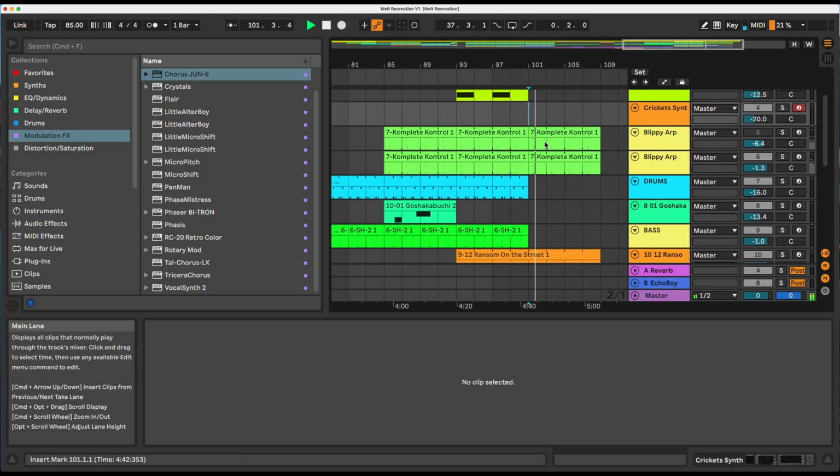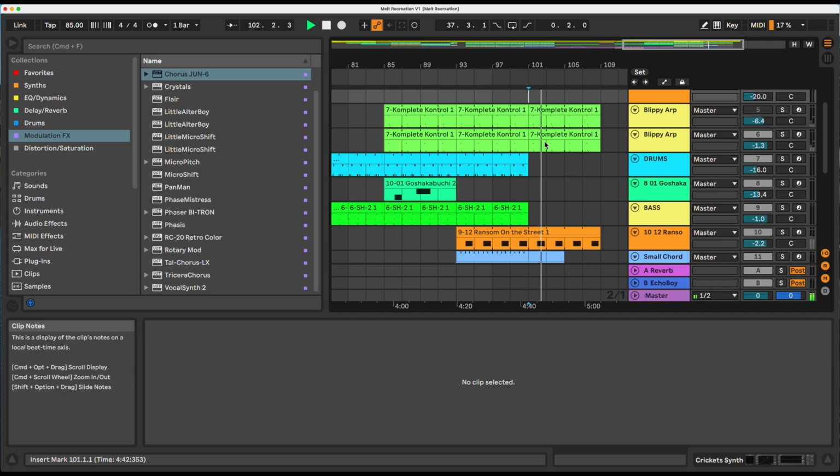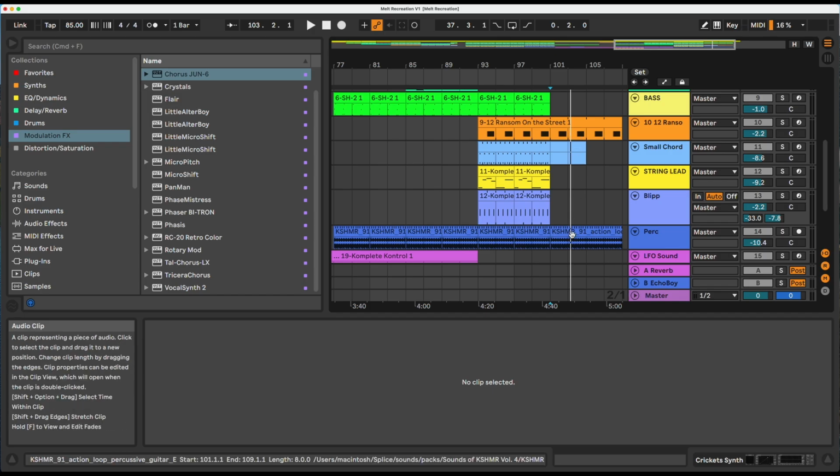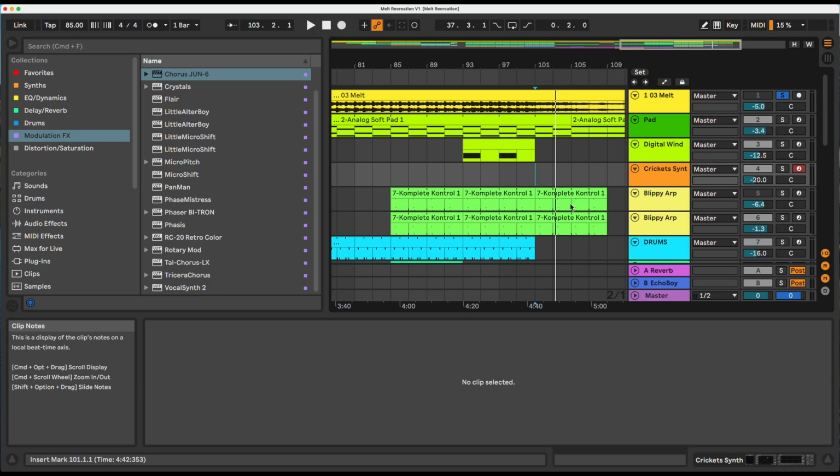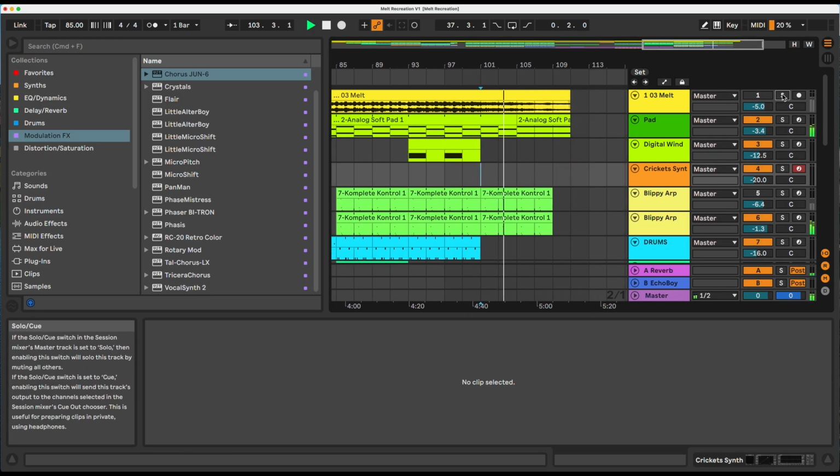And then we've just got the track winding down, basically. So the bass dropping out, this stays in, these drums stay in, this little blippy arp staying in, and the pad. And then we just stay with this chord.